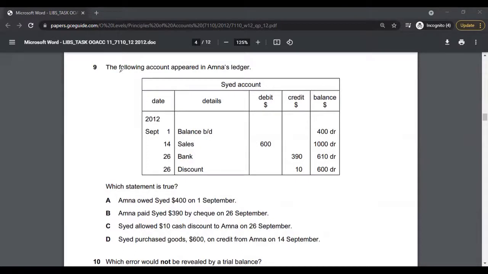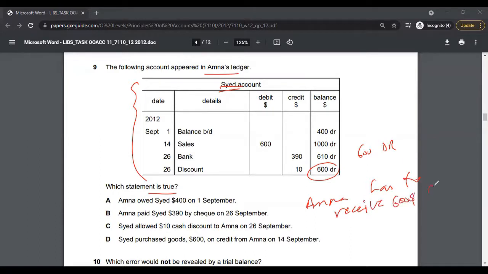Multiple choice 9. The following account appeared in Amna's ledger. Which statement is true? So this is Amna's ledger. This is Sayed's account. If you look at the closing balance, that's 600 debit. That basically means Amna has to receive $600 from Sayed. So if you run through the options,